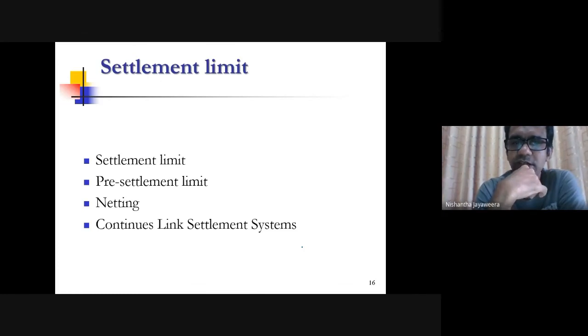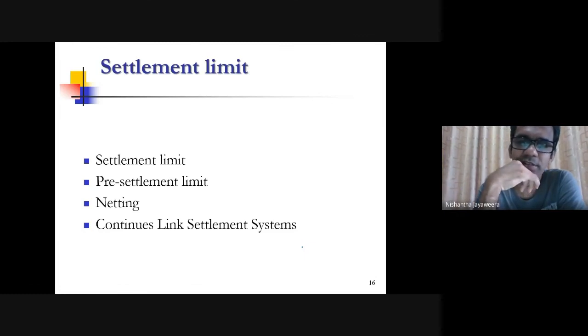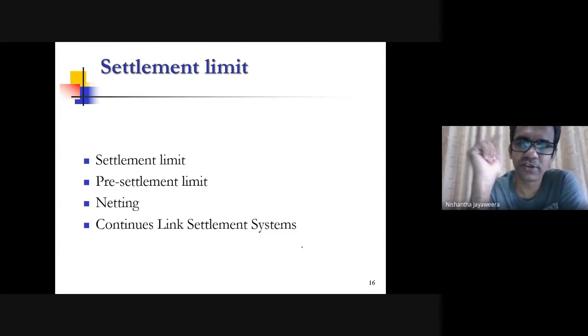So therefore, in the settlement limit, you put a ceiling. You cannot settle more than this amount on a particular day with this bank. So every day you cannot exceed this settlement limit. But in the pre-settlement limit, as you mentioned,